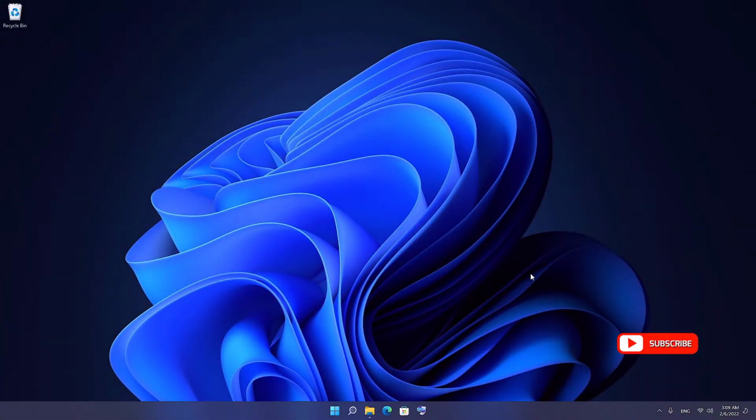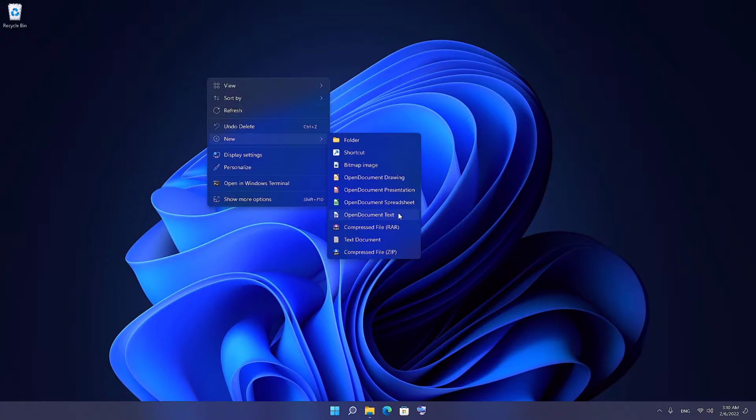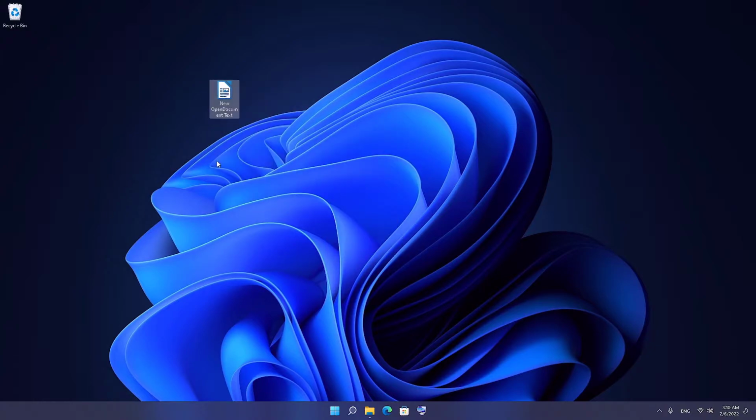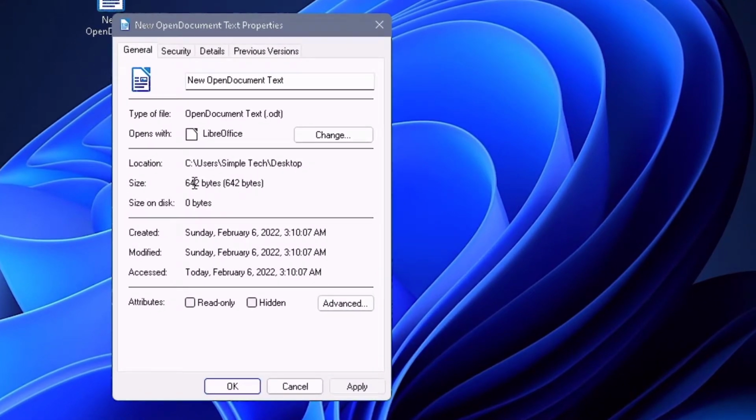Today we will cover how to hide files and folders in Windows 11. For example, I will create a new text document. Now, to hide this file, simply right click on it and select properties, and from here you have two options: read only